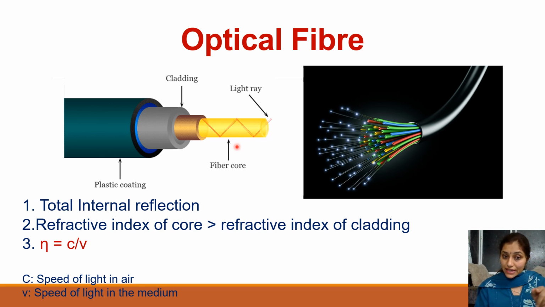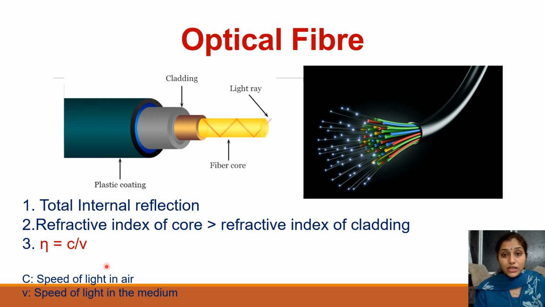It reflects internally. So communication is because of total internal reflection, and to achieve the total internal reflection we always keep refractive index of core material greater than that of refractive index of cladding, so that light will not escape. It will remain inside core, because we are sending our information over light, and if light will refract, it will go out of our core material, then we may lose our information. And for that, total internal reflection is very important.